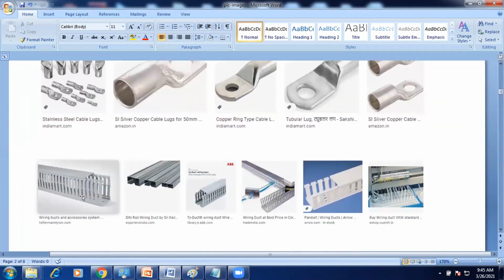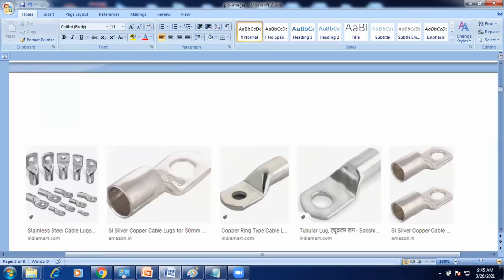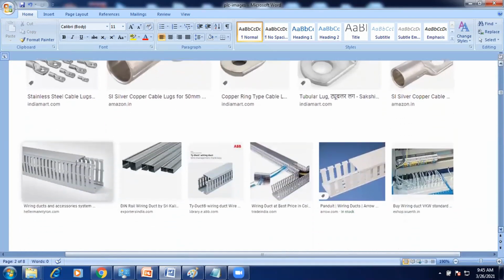It may be rectangular, round shaped or square type. It is available in that manner. The advantage of the cable tray is that cables can easily enter or exit anywhere. This is our cable tray, that is wiring duct. We can easily take the cables out of these trays where we want to connect again. Like that manner we can use it.